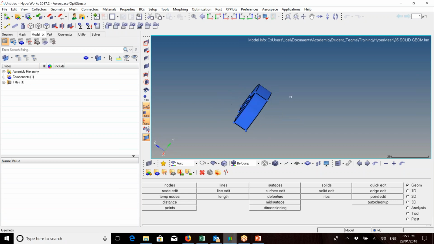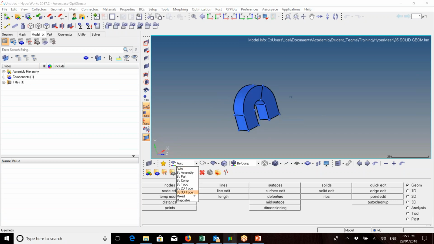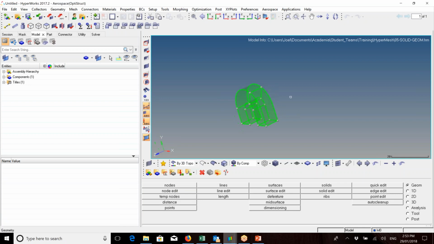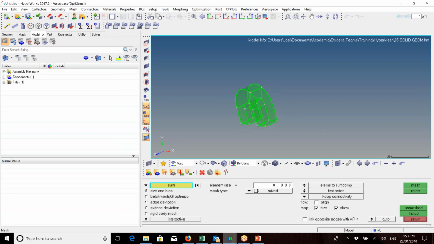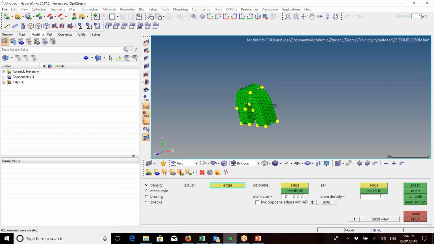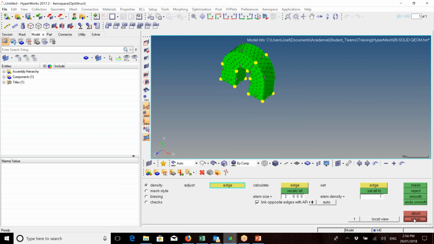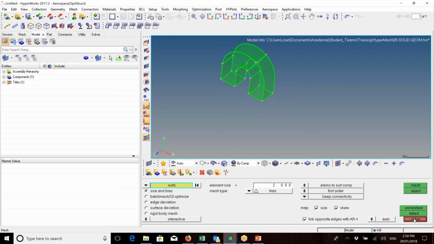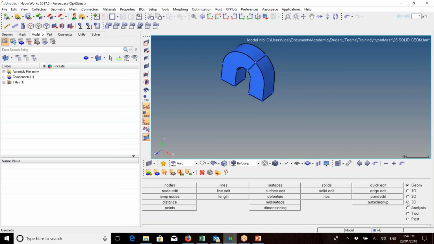So this is a much simpler section. Again, always check whether it's a solid section. This one's a solid section. So what we can quickly do is function F12. We'll change this down to 2. Choose the tries, surfaces, mesh. Now that was nice and quick. So we can link opposite edges, recalc all, mesh, and now you're able to manipulate that even more. So what you can do then, once you've got your 2D mesh there, is you return out of that, go to